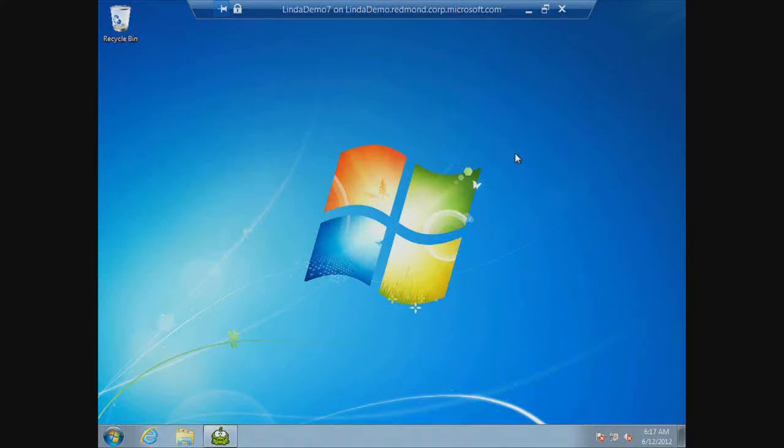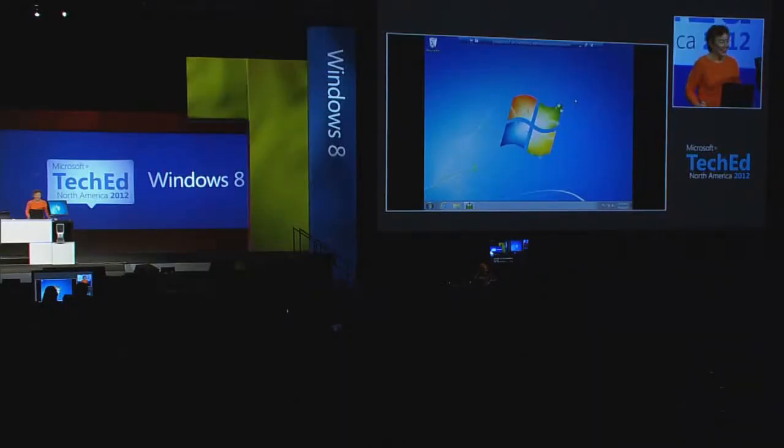As I start out, this probably looks pretty familiar to you. You're looking at Windows 7 here. However, you're looking at Windows 7 running in a hypervisor client on Windows 8. One of the new features in Windows 8 that I think many of you will be quite happy with is the fact that the hypervisor client is now a feature in the Windows 8 client. And you connect, and as you know, Microsoft provides images of past OSs,